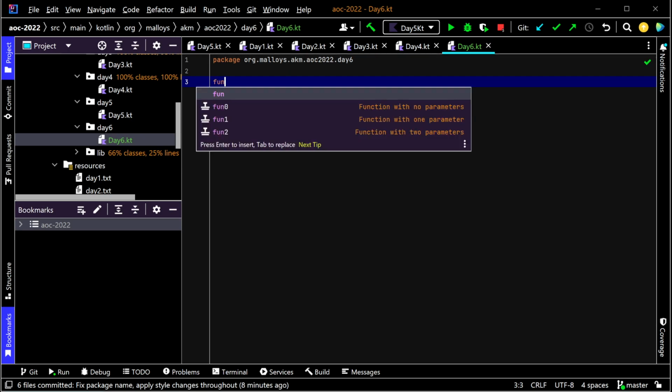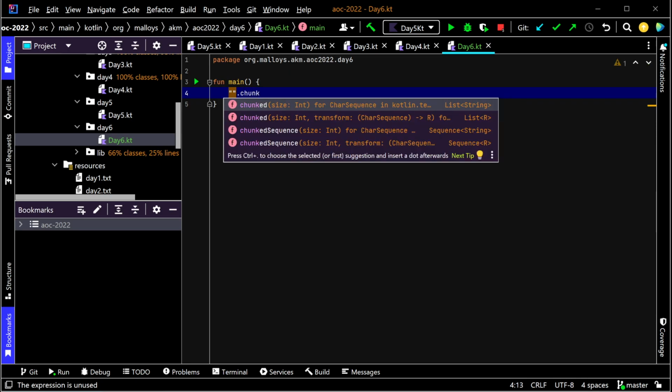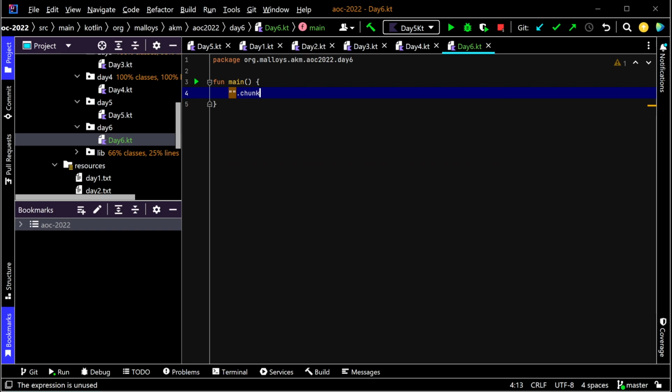Let's find out, actually. Fun main. So what happens if I say dot chunk... These actually have just sizes. Well, anyway, this is not exactly the most performant option anyway. And they all have this flaw that I have in mind, which is that